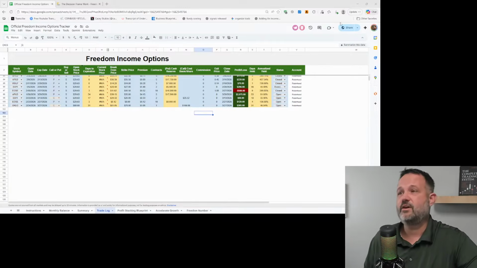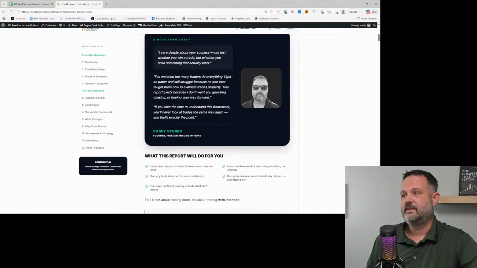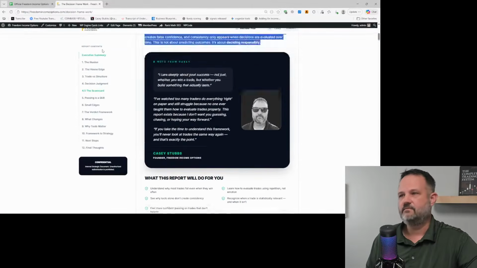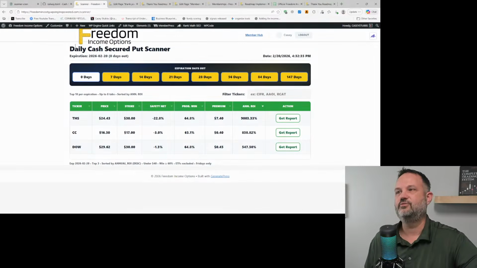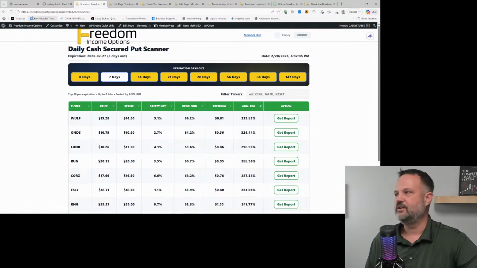Now, the other thing I wanted to show guys is our scanner. I'm doing a new update on the scanner. It's going to be out very, very soon. So I just want to run through it. It's not too different than what we already have, but it's a lot more efficient, right? So here's the most recent one.